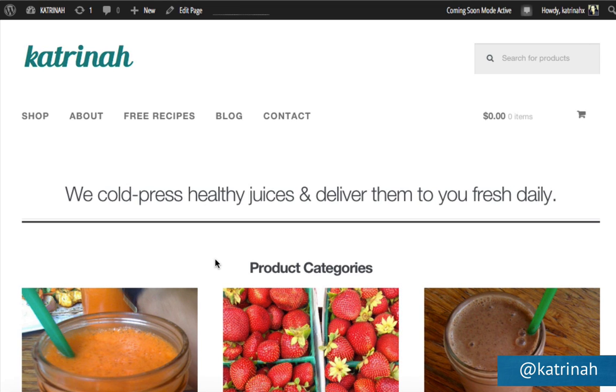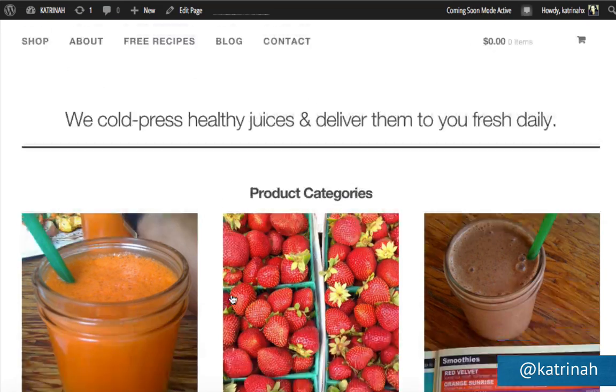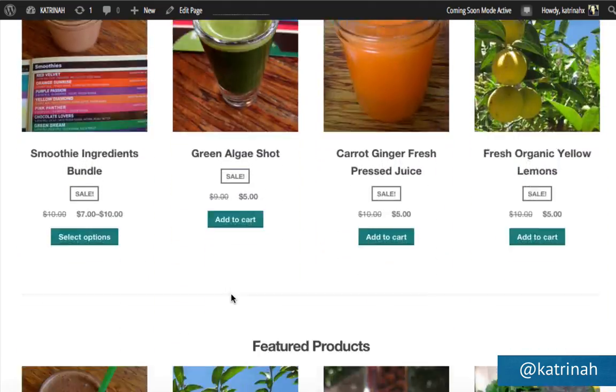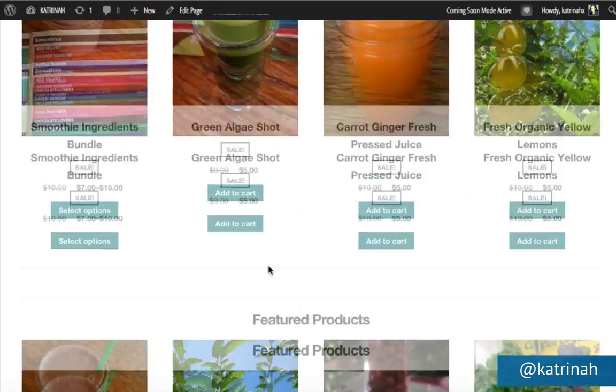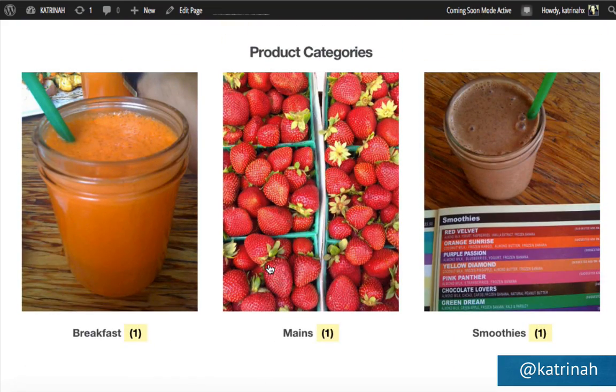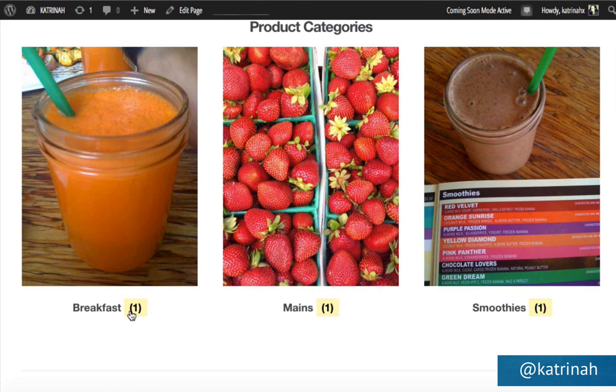So we have just a few more customizations to make to the website. Here on the homepage, our homepage is looking really good so far. We've got our title, our product categories, all the different images, and then we have our footer section down below, so that looks good. But there's one section here that I want to change. Specifically, I want to get rid of all of these numbers next to the product category and just keep it really clean, a real clean, minimal look.